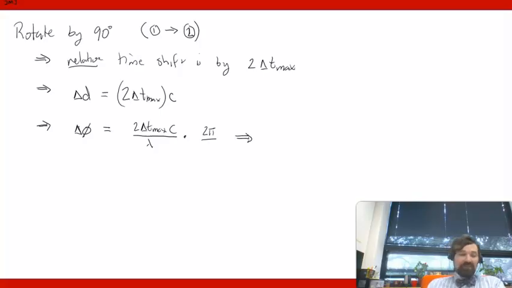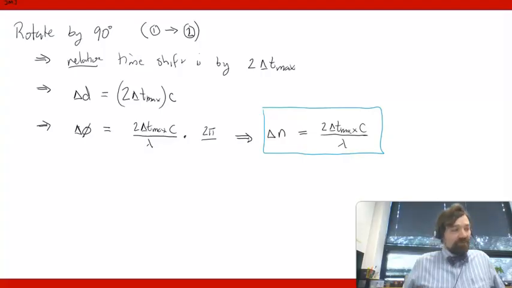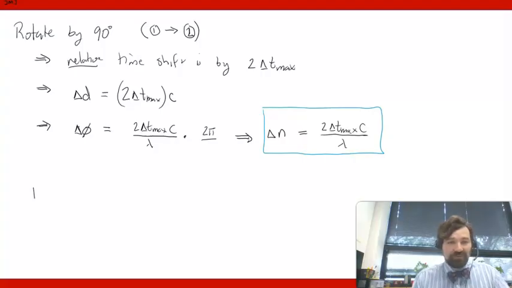Or if you prefer, in number of fringe shifts, delta n, this will just be 2 delta t max c over lambda. So we have our delta t max, now we have our fringe shift. So from there, maybe we want to figure out how many actual fringes are going to be shifted by the experiment. So let's kind of have, for what it's worth,